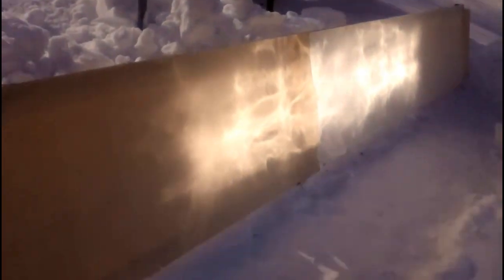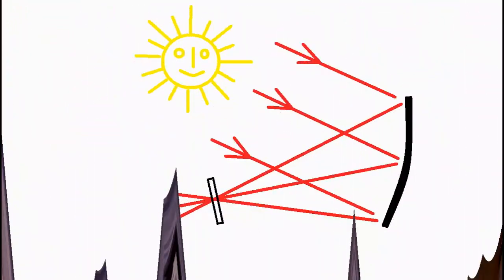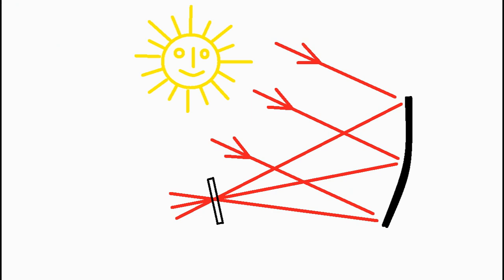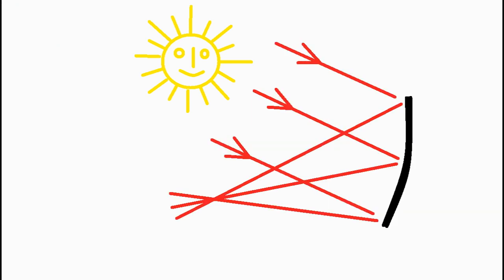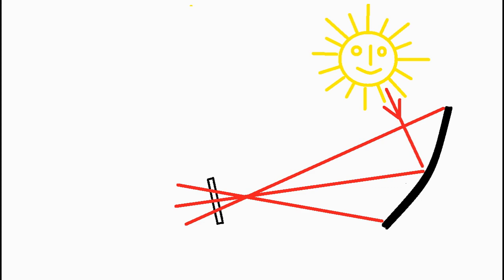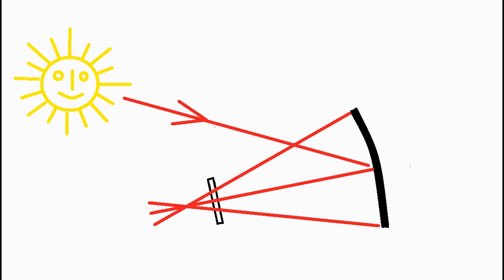Now I will try to explain this phenomenon, and this is the situation of the vernal and autumnal equinoxes, when these mirrors focus the sun rays on the surface of this screen. However, this focal point does not coincide with the screen surface for this situation in summer and for this situation in winter, and therefore the spot height increases.